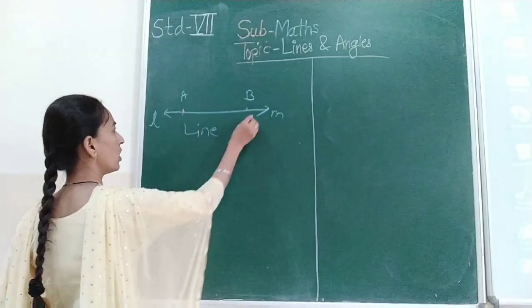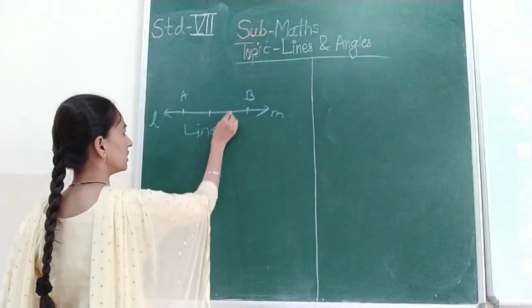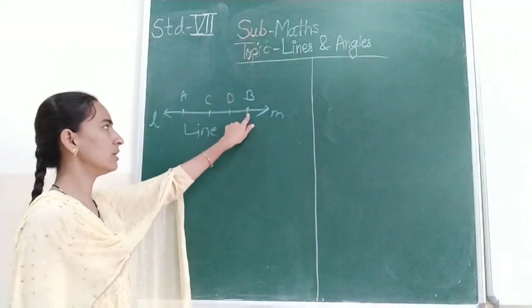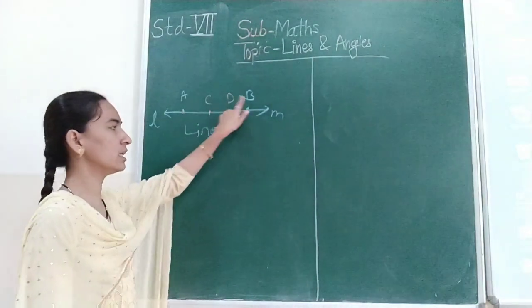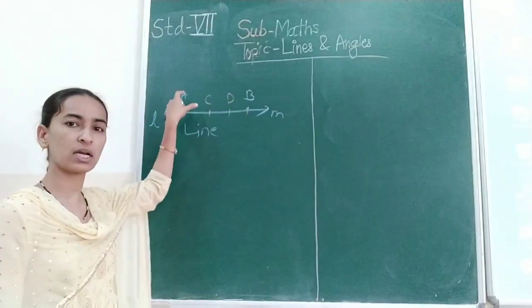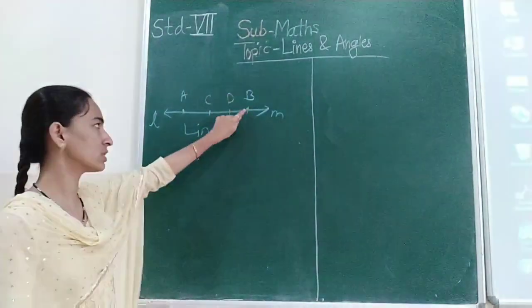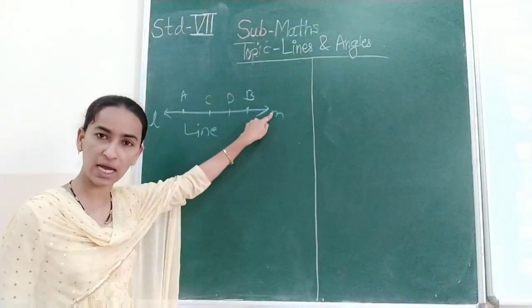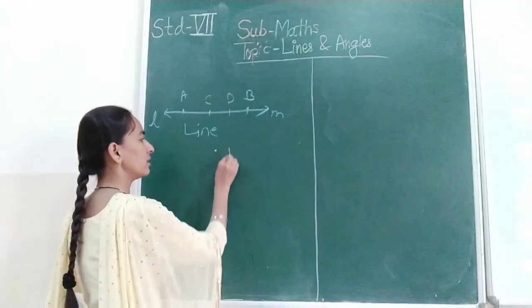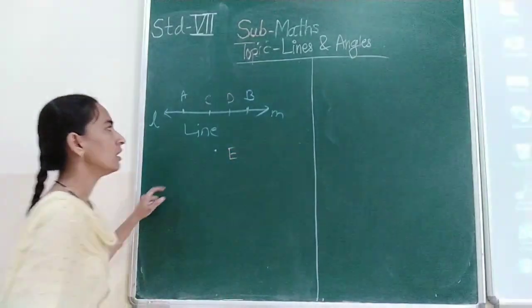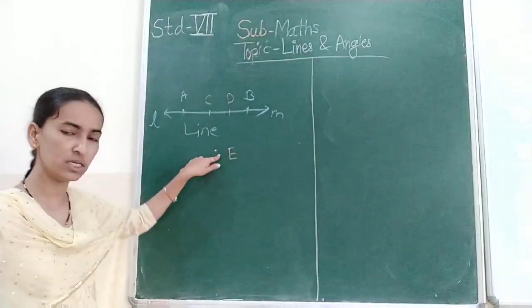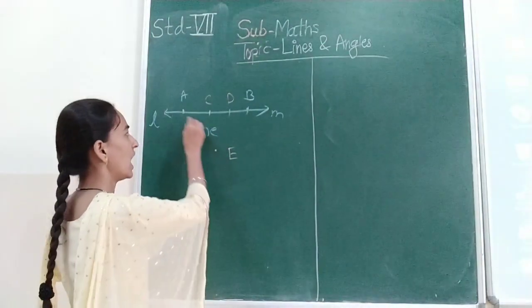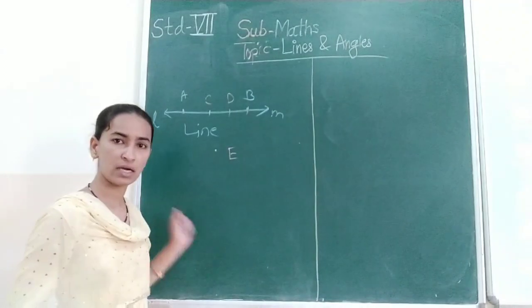Okay, and the points which lie on the line, suppose C, D. Now A, B, C, A, C, D, B. These points are called collinear points because all these points lie on the same line. Okay, if my point is here, suppose it is E. Now, is E collinear with these? No, because it does not lie on the same line. Understand the meaning of